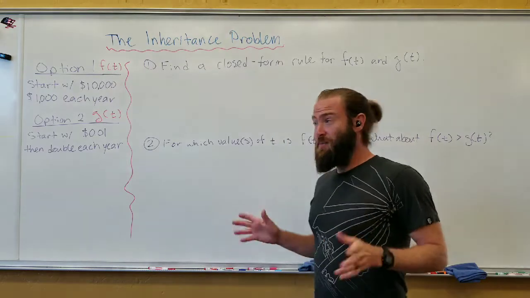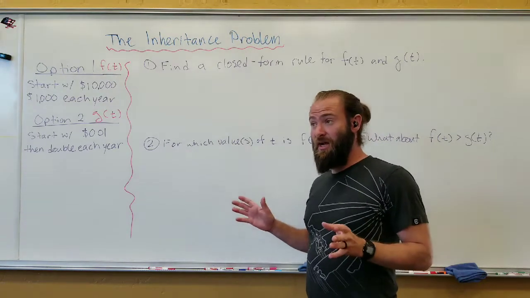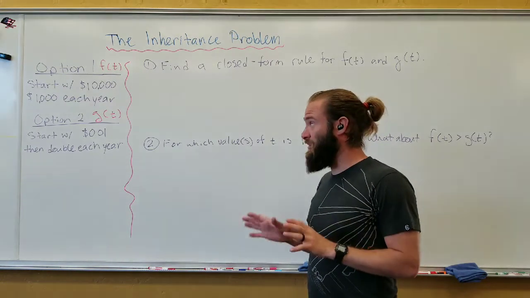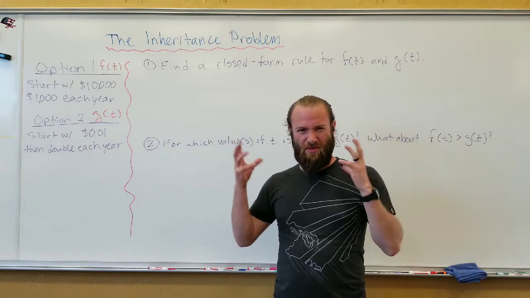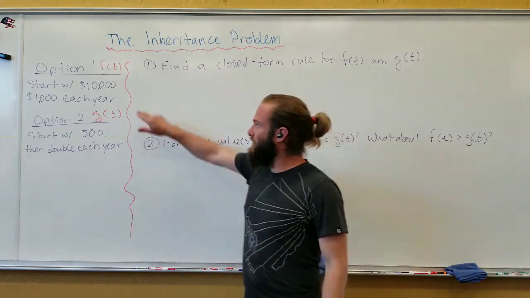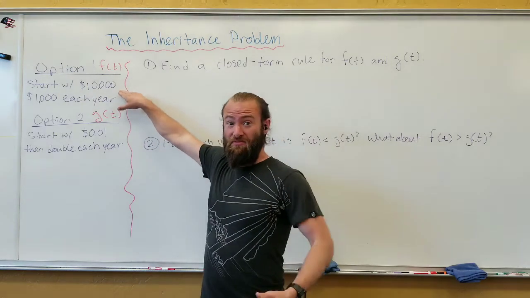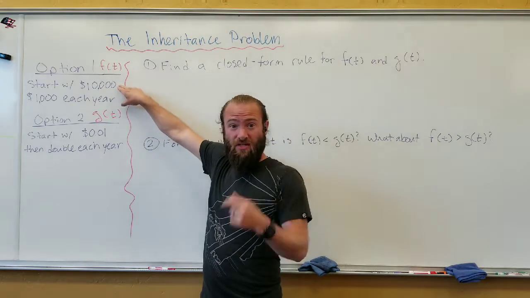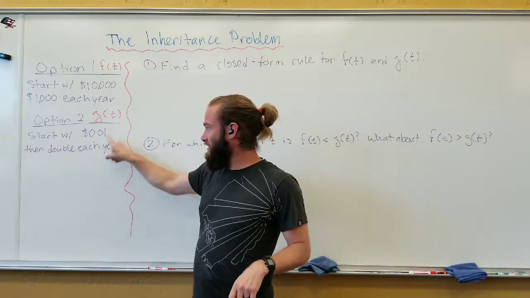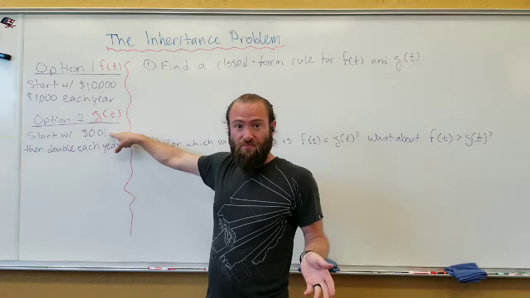Okay, so now that you've thought about the inheritance problem just a little bit, and I'm hoping you took the time to really think deeply about it, I have some guesses for what you maybe thought right away. First of all, option one is clearly better from the start, right? Because if you're getting year one $10,000, you're automatically better off than you are in year one here. But